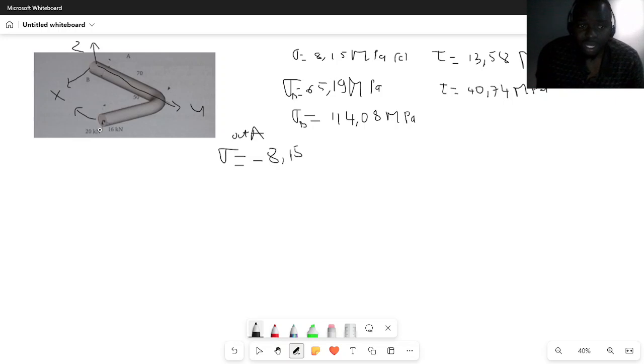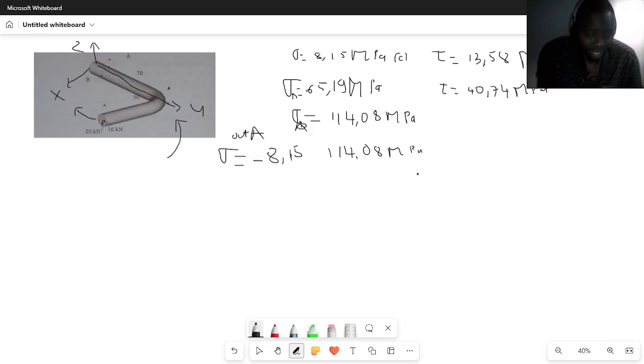If you remember, we said that 20 is the z-axis. What was the perpendicular distance? The perpendicular distance was 70. Yes. It means this object was bending upward, but if it bends upward, the point that is feeling the effect is point A. That is the reason why here this one is rho A. So now at point A, we're going to have this one and then this one, 14.08